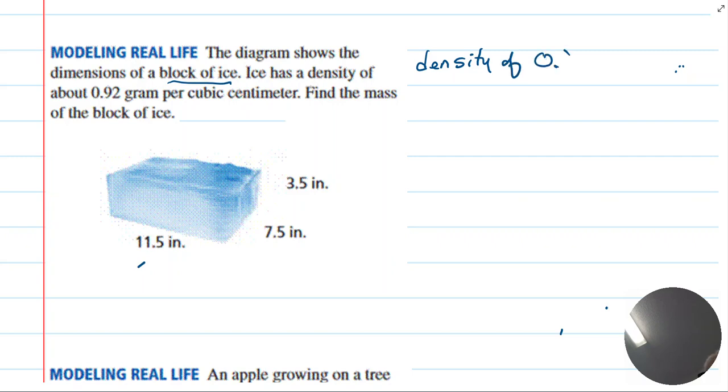All right, find the mass. So we know density equals mass over volume. The problem is the volume has to be in centimeters. So our first step is to convert